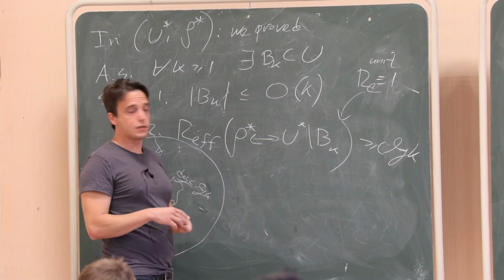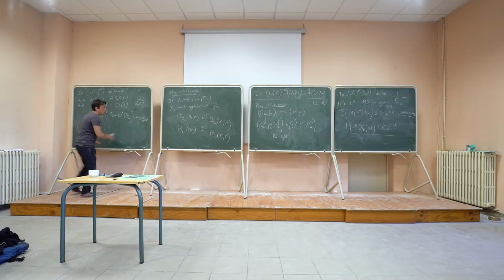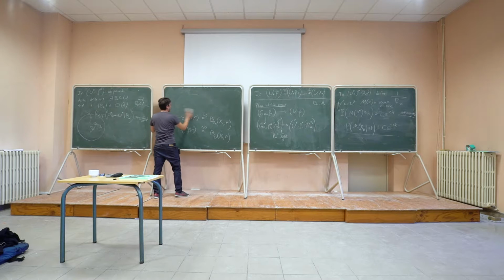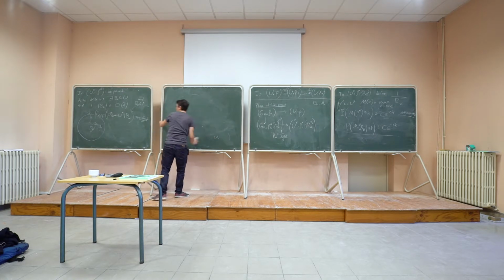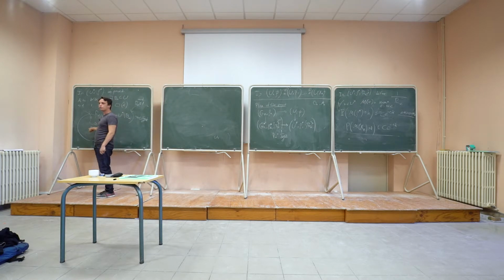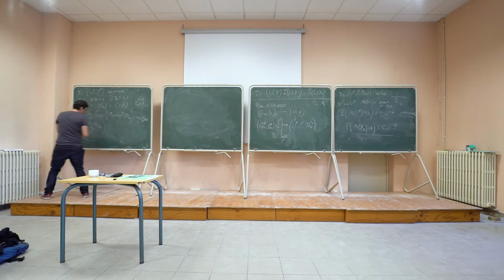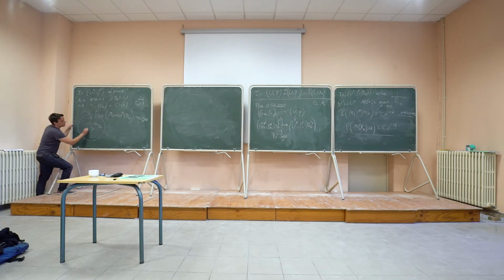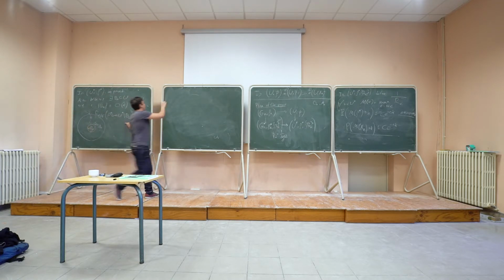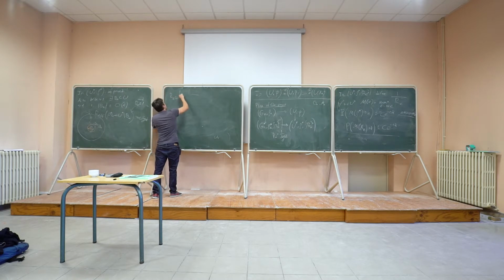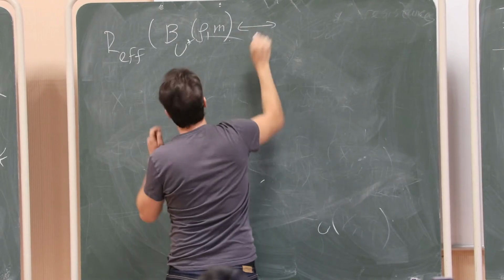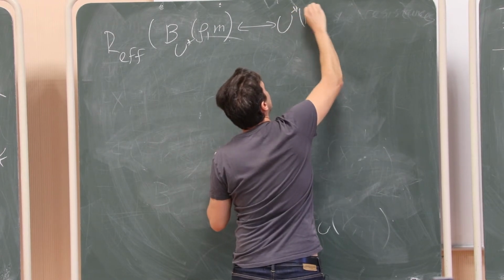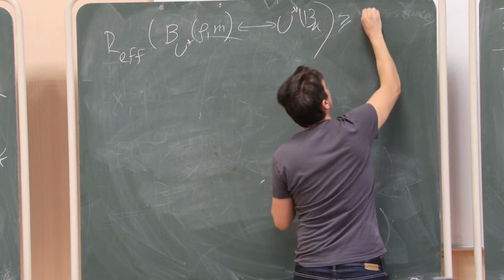But in fact, the same argument tells you not just that this is true, but also that, not just looking at the resistance from a vertex rho to infinity or to the outside of a box of radius K, but also when I look at any finite ball around rho. So this radius in the graph distance will be radius m. M is fixed now. What I get by the same kind of argument is that the resistance from the ball in U star around rho of radius m to U star minus bk is bigger than c log k